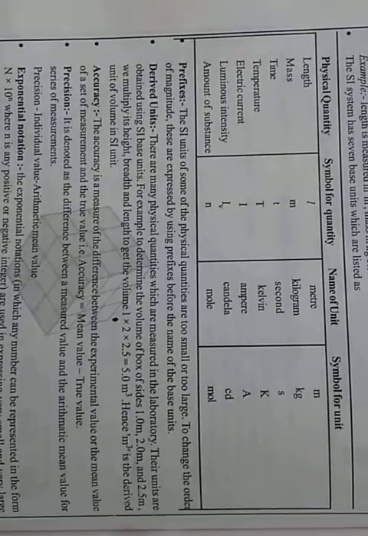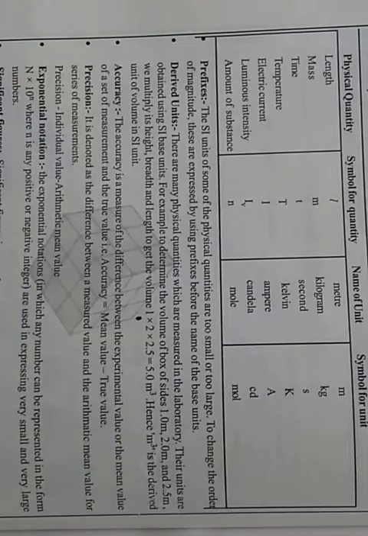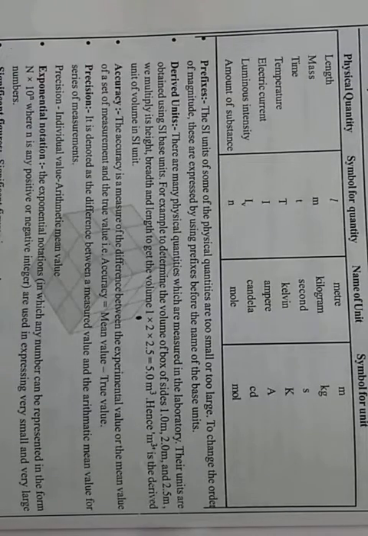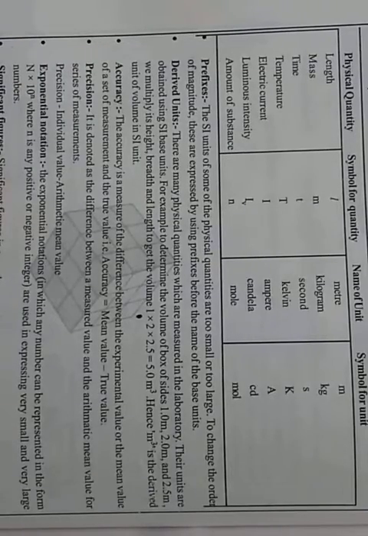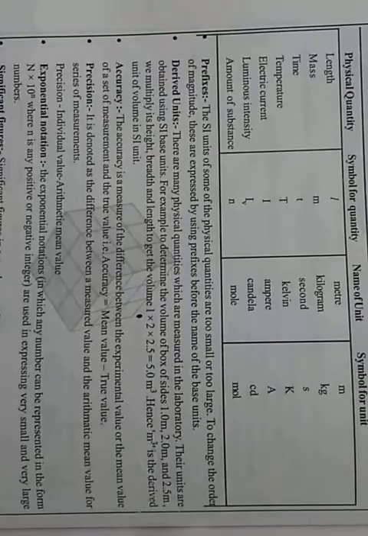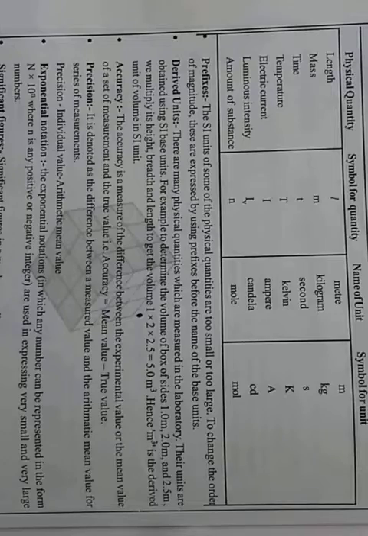Exponential notation. Any number can be expressed in the form N times 10 raised to the power n, where any positive or negative integer can be n. This is called scientific notation. No matter how large a number is, it is expressed with capital N having a value from 1.0 to 9.9 and small n an integer, which may differ from one number to another. So this is a very important portion of this chapter: exponential notation and scientific notation.